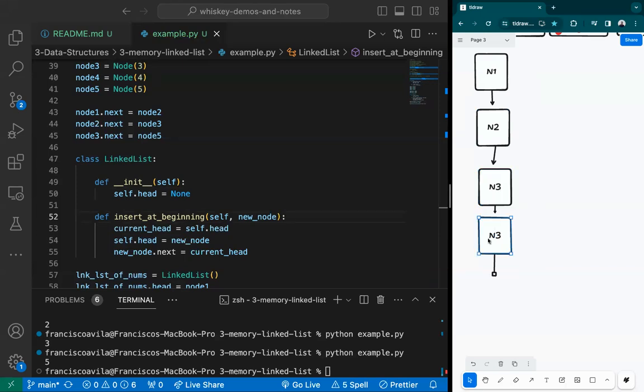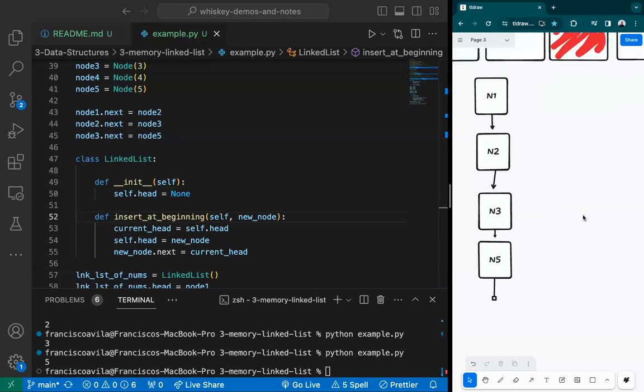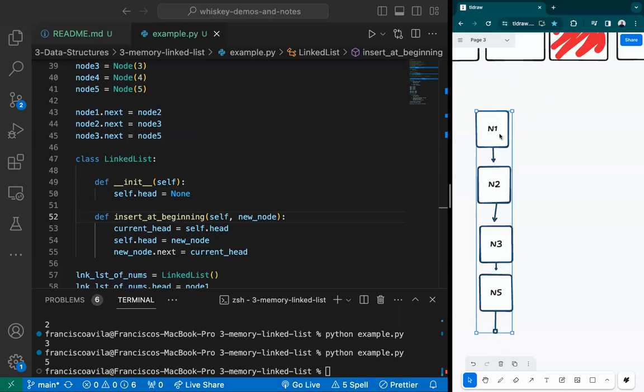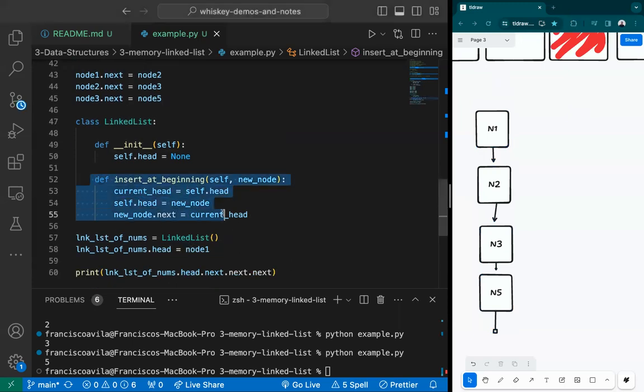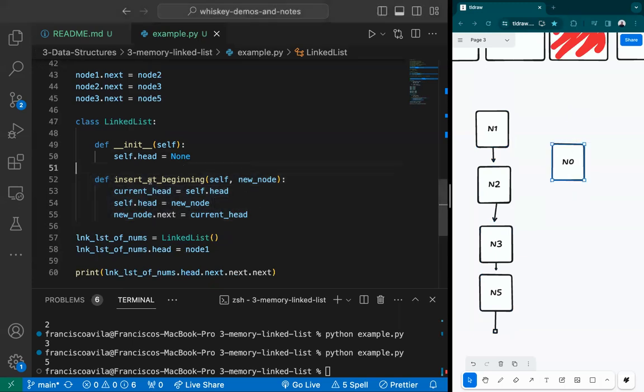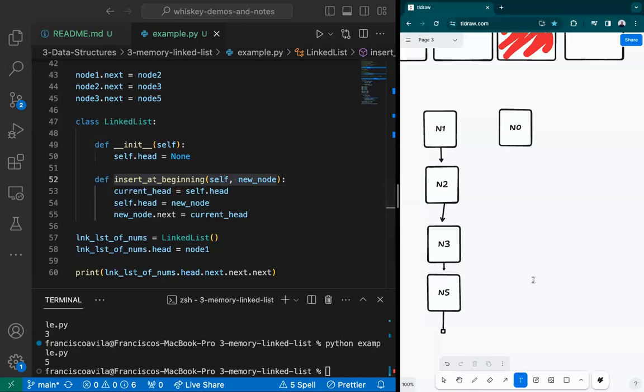So there's node 3 and there's node 5. Well, let's say that I want to create my first node to be node 0, right? I'm going to create a node 0 and I want to insert it at the very beginning of my head. Well, let's create that node. We create an instance named node 0. It is an instance of node. I'm going to pass it into this variable. So now what I'm going to do, currently right now, my linked list